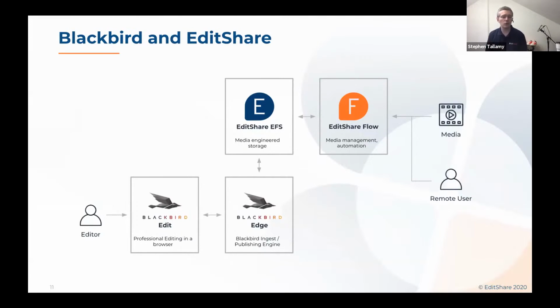With EFS, you can store all that media and you can make it available to editors using craft video editing applications, and you can also manage it within the Flow system. What we're going to demonstrate is how we use that combination of tools to decide what content is going to make its way into Blackbird. So we may have a very large amount of stuff stored on our EFS storage. There may be a portion of that we're going to be using for a particular project that we're going to be editing inside of the world of Blackbird.